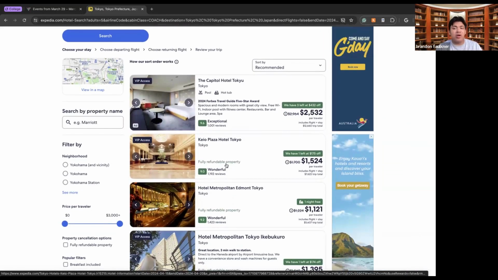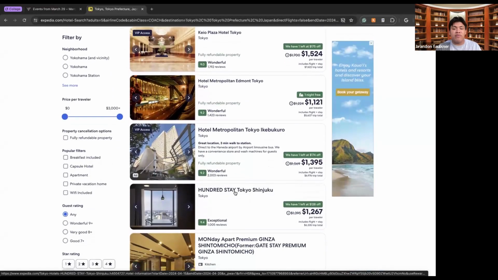Keep in mind what you do want to look for is typically places with a ton of reviews, because that ensures that you are actually getting something that other people have stayed in and something that other people have judged, and then you can go in and read the reviews in order to make your ideas about this place and see if that place is right for you.